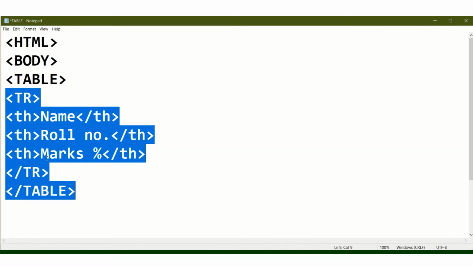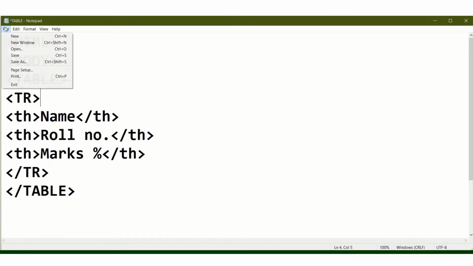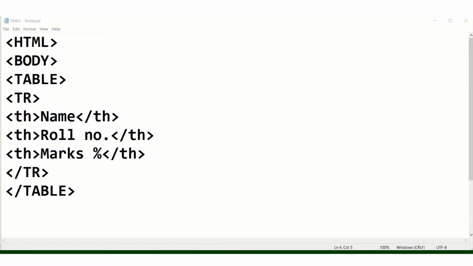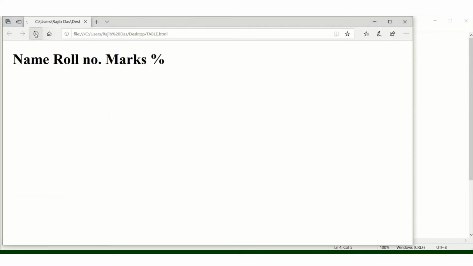The first row is the heading, so I have used the th. So let's see the output. File, save, and go to the internet page. This is the first row: name, roll number and marks. Okay, so this is the heading.